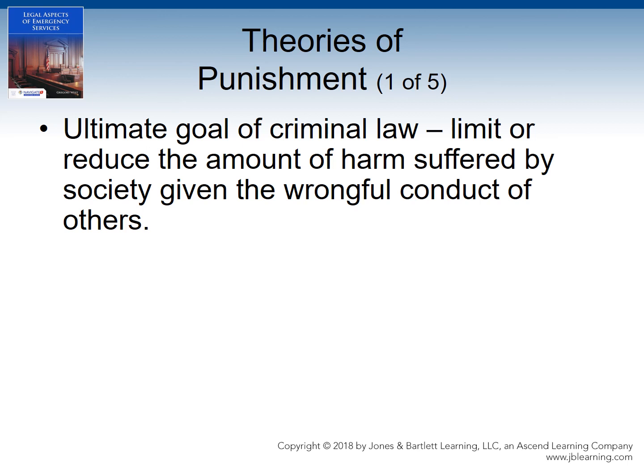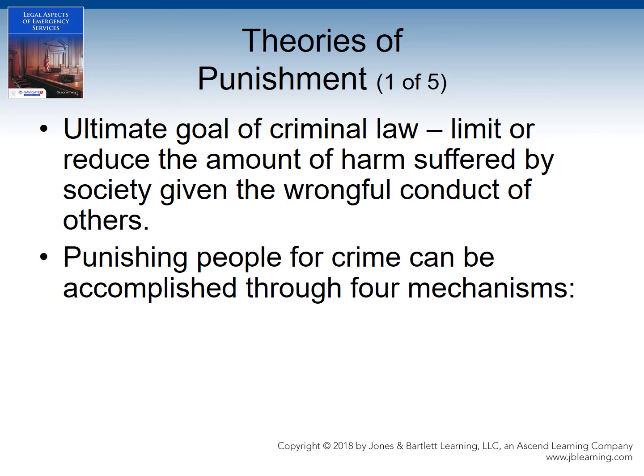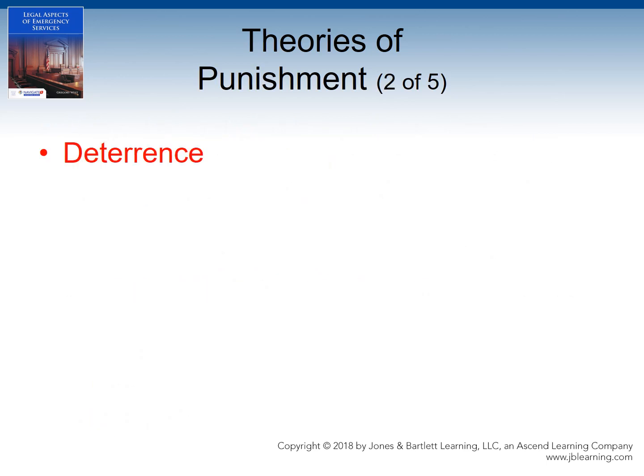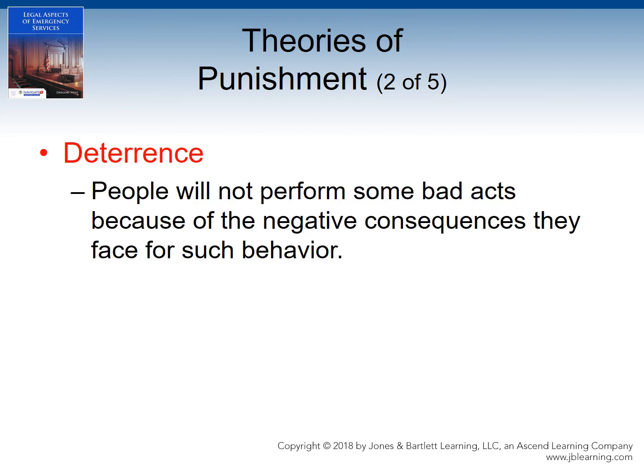If found guilty of committing a crime, the criminal justice system punishes the wrongdoer. This punishment is believed to work to various degrees based upon 4 different mechanisms: deterrence, rehabilitation, restraint, and retribution. One of the reasons crimes are punished is to deter others from committing similar crimes. The thought is that people will not perform some bad acts because of the negative consequences they may face for